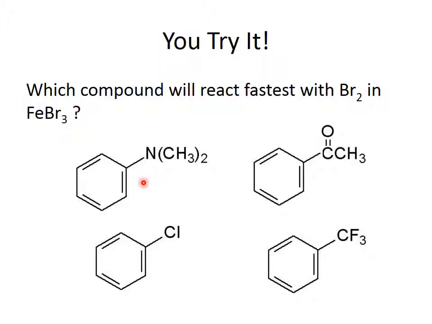If I look at these compounds, I can see that this is an ortho-para director and an activator. This is an ortho-para deactivator. This is a very electron withdrawing group. It is not an activator. It would have to be hydrogens here for it to be an activator. This is a deactivator. And this, because it has a carbonyl here, is a deactivator. So the fastest is